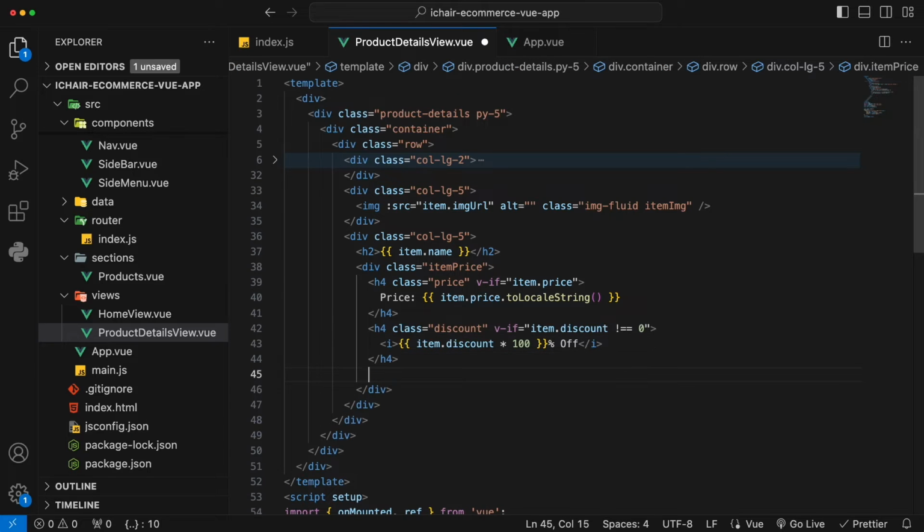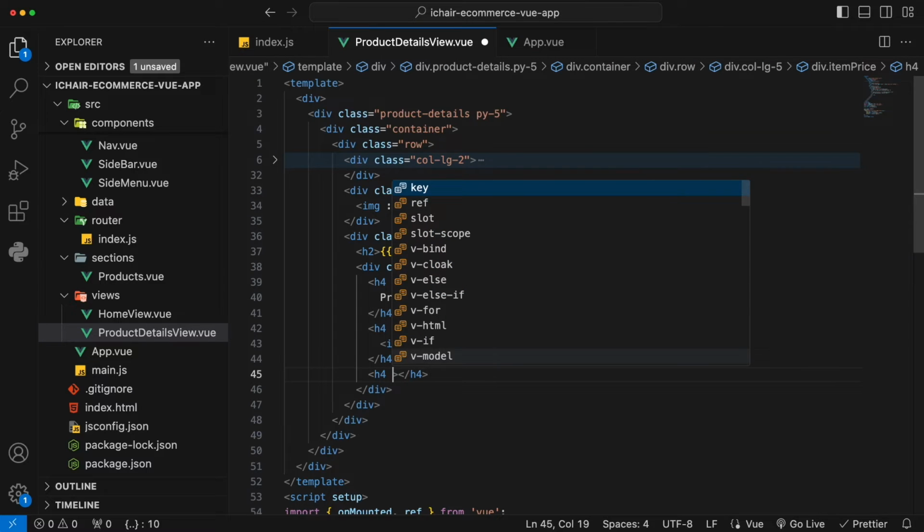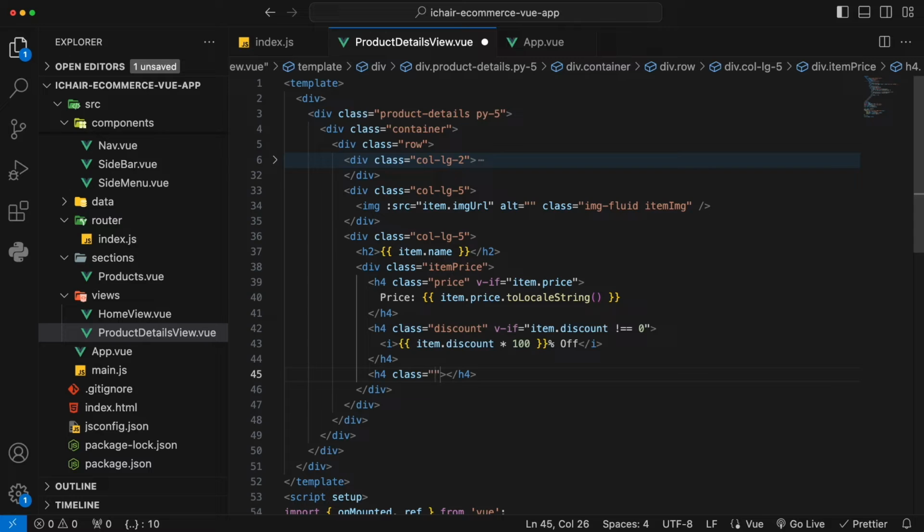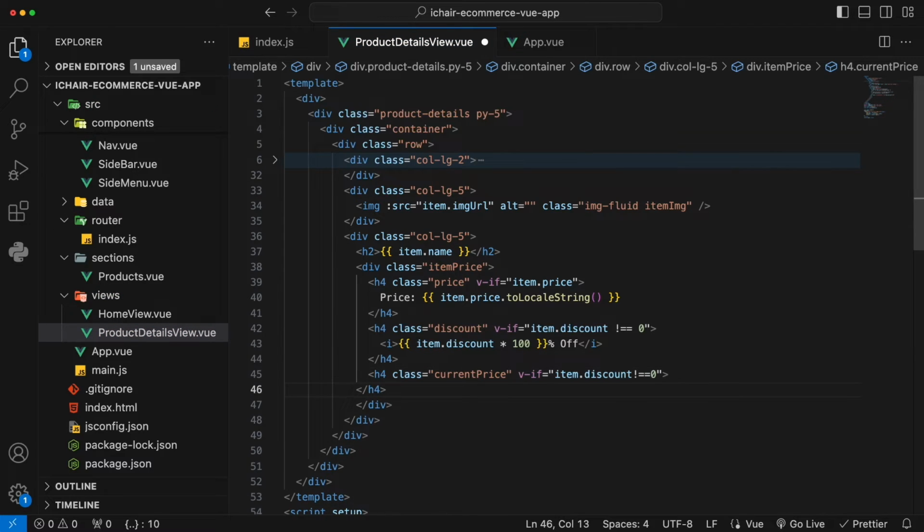So we have the discount part done, and the last but not least part is going to be the price after discount, which will attract the most sales for your website. So for this one we give a class name, and we call it current price. Same logic, this part will only be shown if that item has a discount, otherwise it will be hidden. So this one will be conditionally rendered by saying if item dot discount does not equal 0, we show this one, and inside this h4 we create a span, and that span comes with a class name called now, and we say "Now",